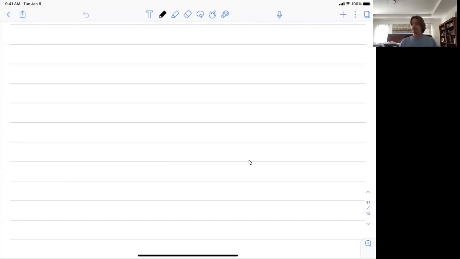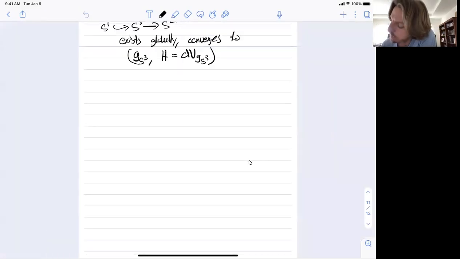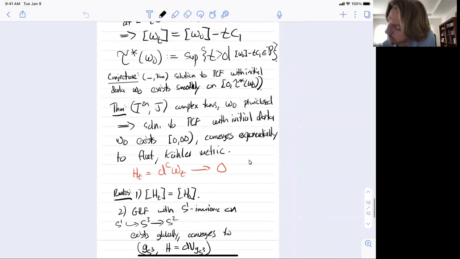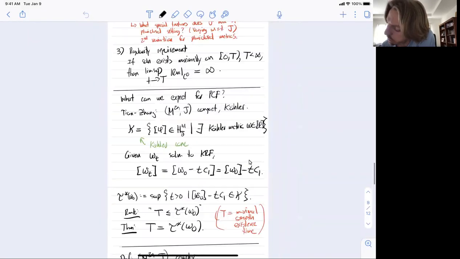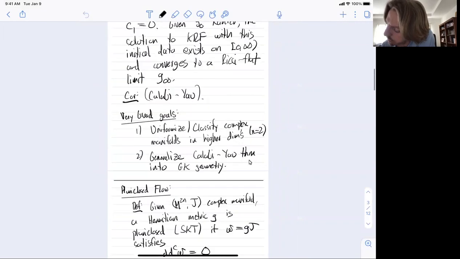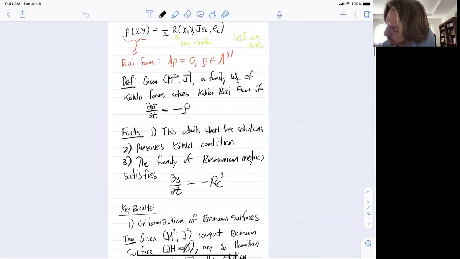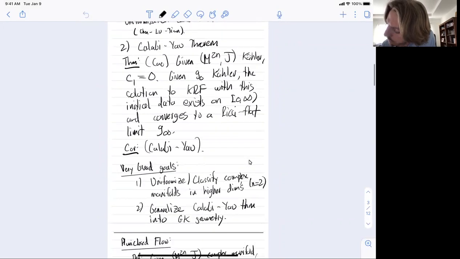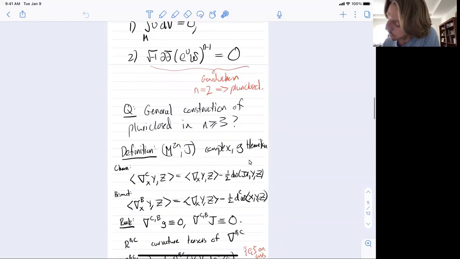Okay, so last time, I guess we discussed some very general results, or statements anyways, for Kähler-Ricci flow, and just some basic theory of this pluriclosed flow. So today I'm gonna prove some of this theorem of Zhao, giving this proof of the Calabi-Yau theorem using Kähler-Ricci flow, and then hopefully also